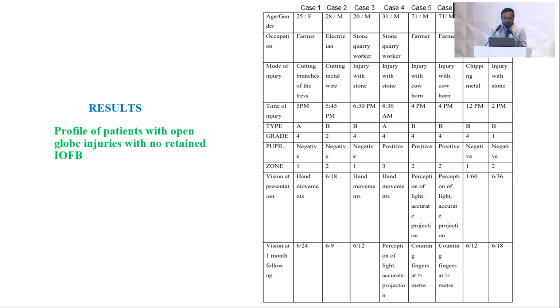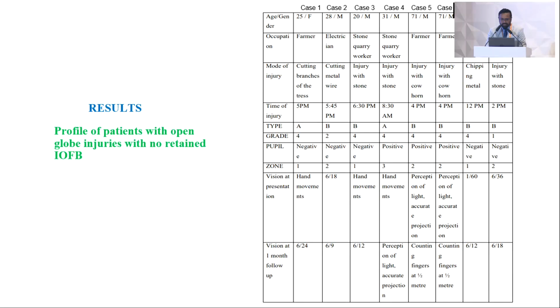This is a profile of patients with open globe injuries with no retained foreign bodies. The patients were farmers, stone quarry workers, a mechanic and an electrician. The farmer who incurred an open globe injury due to cutting branches of a tree had his vision improve from hand movements to 6/24, while that of the electrician improved from 6/18 to 6/9, and the injury had occurred